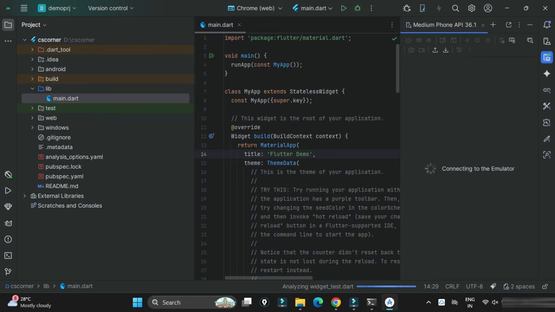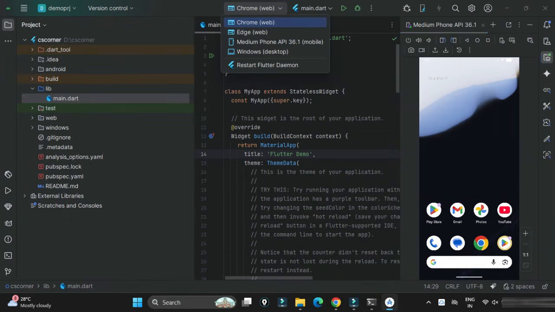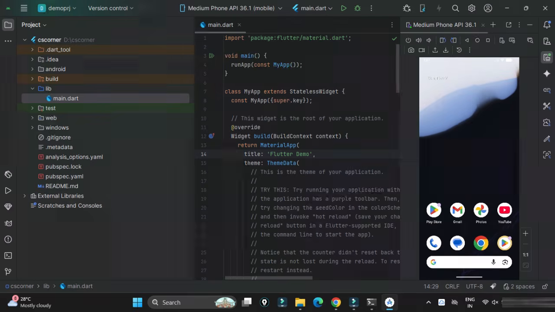Okay guys, so my virtual device is getting started. Since we are running first time, it is going to take a while. So here you can see, here it's showing me running devices. Okay, so now we would like to run our application main.dart on this virtual device. So from this option, Chrome Web, we will be selecting what? Our virtual device name. So if you just click on this drop down, then you will be getting your device name here, right? So here you can see it's showing me my device name. I'll click on this play button.